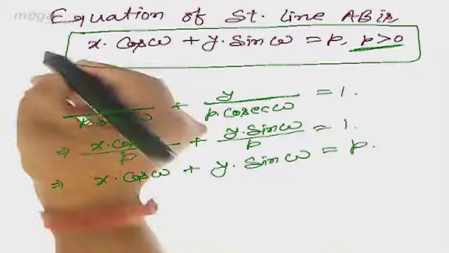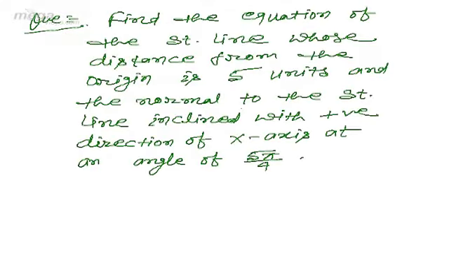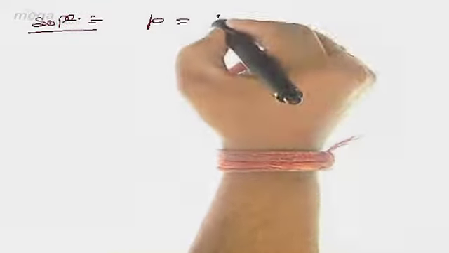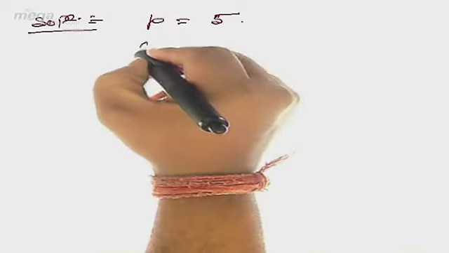Based on this formula, you can see this question. Find the equation of the straight line whose distance from the origin is 5 units. It means it is a perpendicular distance. And the normal to the straight line is inclined with the positive direction of the x-axis at an angle of 5 pi by 4. So student, here in this situation the distance which is P is given 5 and the angle which is omega